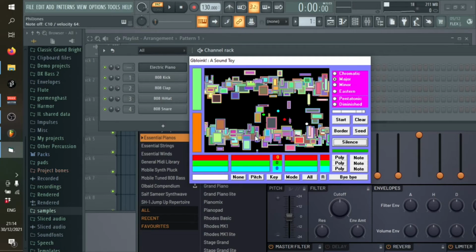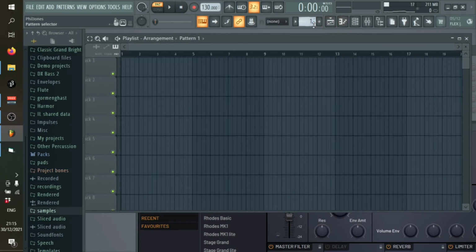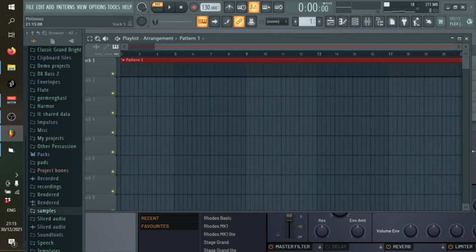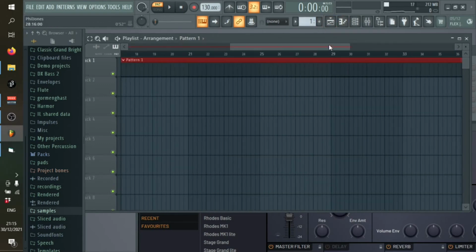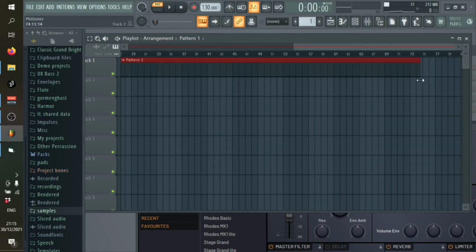And so even though there is this restriction that it's not able to distinguish these three channels, at least as far as I can tell, I don't think I'm going to be able to make it do that. But even so, it's exciting, because what we can do now is we can record the MIDI. So let's just make ourselves a nice long pattern here